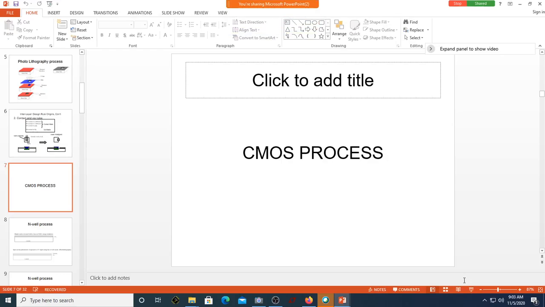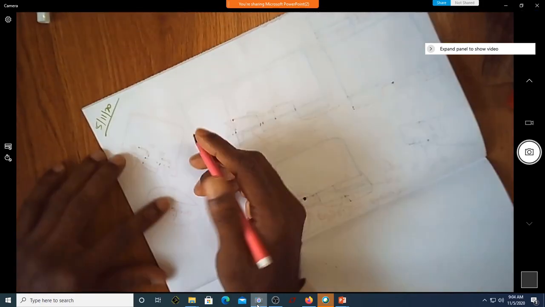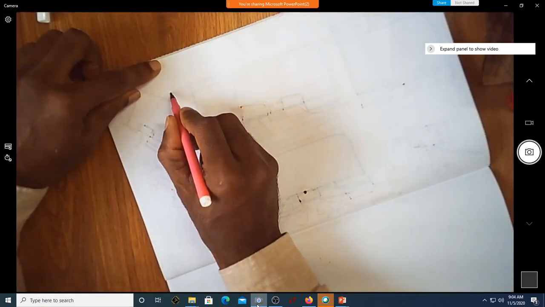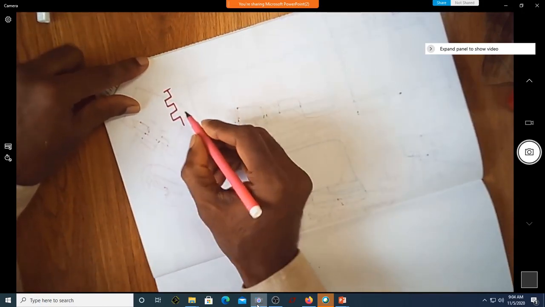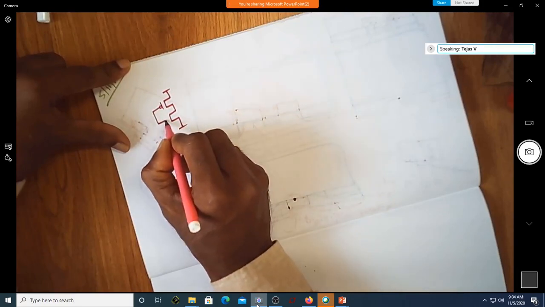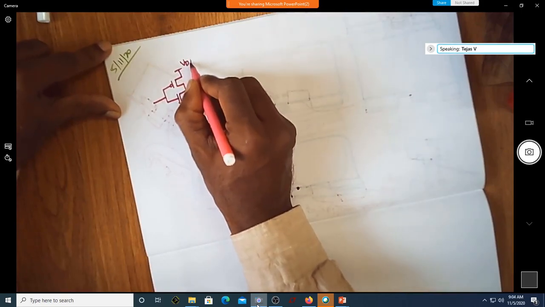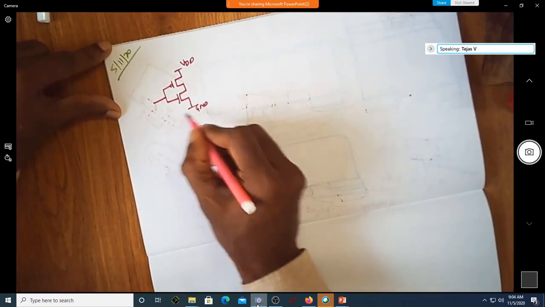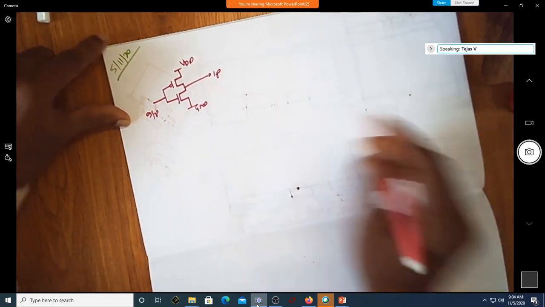Yes, sir. We'll just continue with the fabrication process of the MOS transistors, and now today we'll see how we fabricate an inverter. When I say an inverter, we're going to have an NMOS as well as a PMOS transistor. The intention now is how we realize this particular circuit, which is going to have a VDD, a ground, and of course an input voltage, and you can take the output terminal.